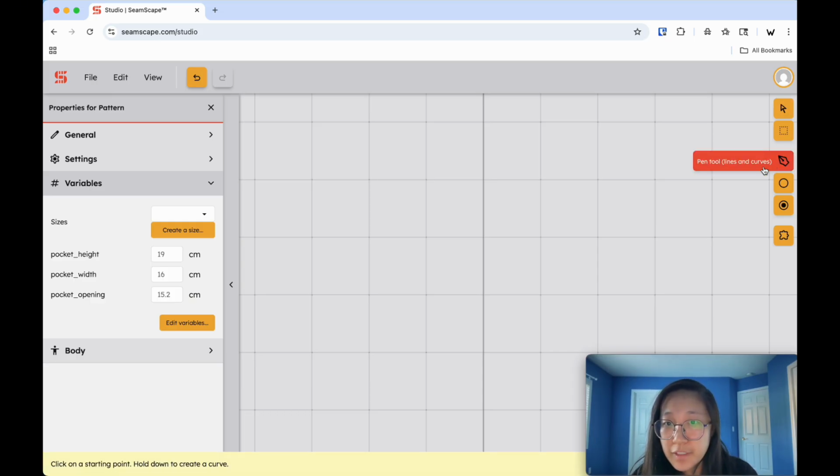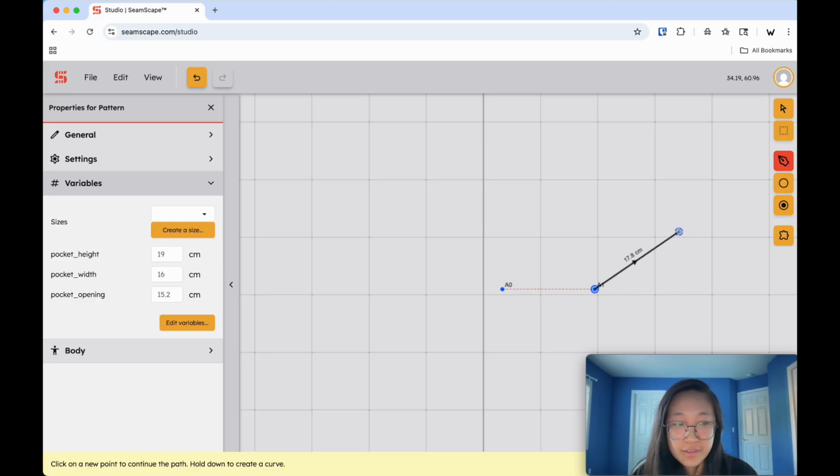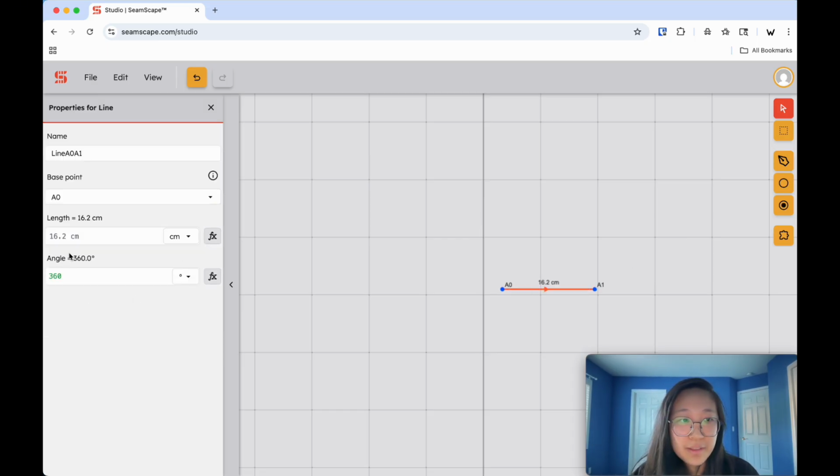There's this pen tool over here. Click and then extend to the right. I'm hitting the shift key here, so it fixes itself at 90 degrees. And then I click again to have point A1, and now I have A2, which I don't really want over here, so I'm just hitting the escape key. This is how you draw a horizontal line. We're gonna make this line